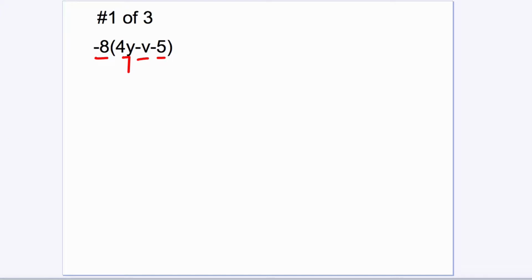And the first way is kind of the brute force way that everybody is taught, but because there are so many negative signs in this, it's very common to mishandle the negative sign. So I'm going to show 2 other ways to deal with this that might help you better deal with a negative sign. So if we're going to distribute it, it's -8